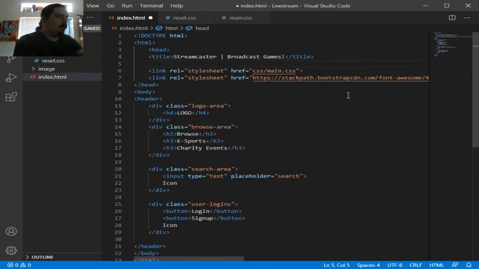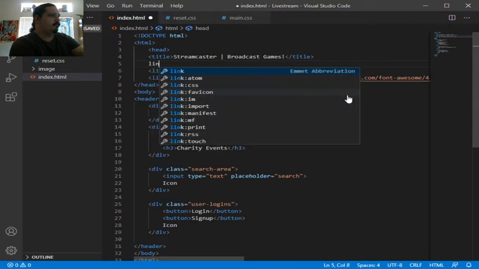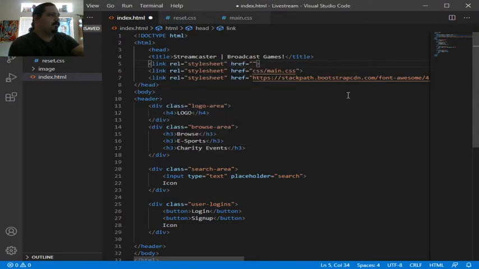And then we are going to link our CSS together. So just type link, press the tab button to get everything set up. That's how I did a lot of the setting up for the browser area. So you want to type in css/reset.css, click save, and then